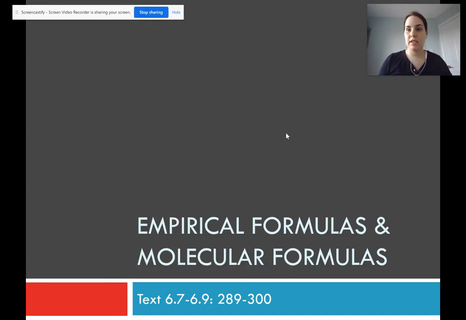We're going to continue on today in our look at Unit 3, Quantities in Chemical Reactions. We're going to be moving on to some new calculations that we haven't gone through yet for empirical and molecular